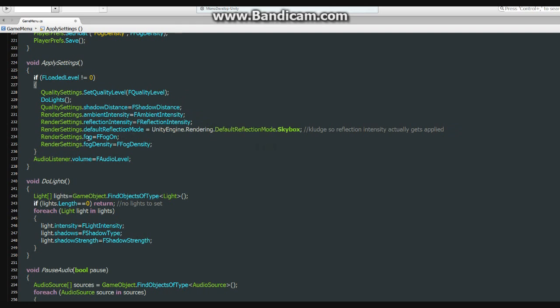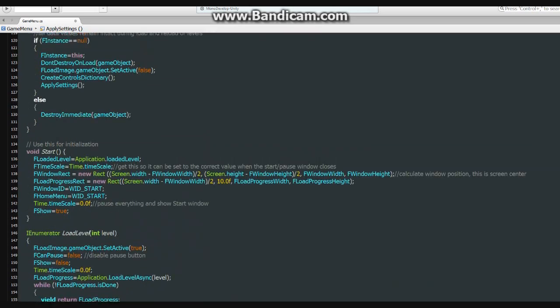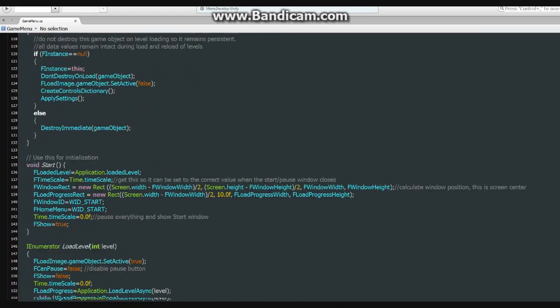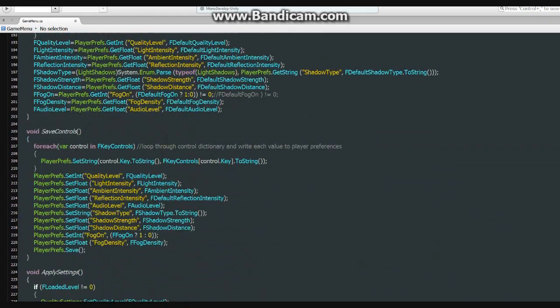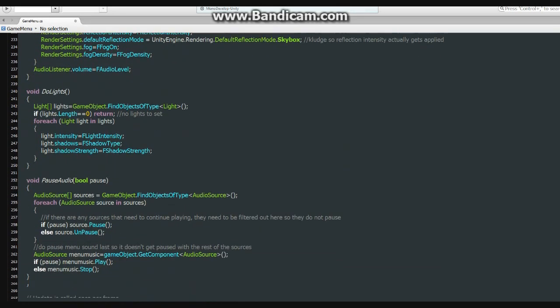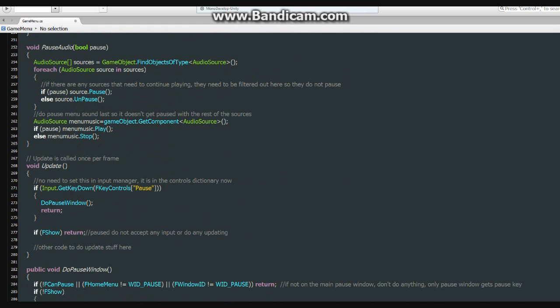Alright, and we turn the fog on or off depending on our setting here, and the fog density. If you want, it's all in the script here that I got the web pages for all the settings up here. The light, the render settings, and the quality settings, and the audio listener. So you could add more settings or do whatever you want. I was just doing this as a demo, so I did not put everything. Alright, so